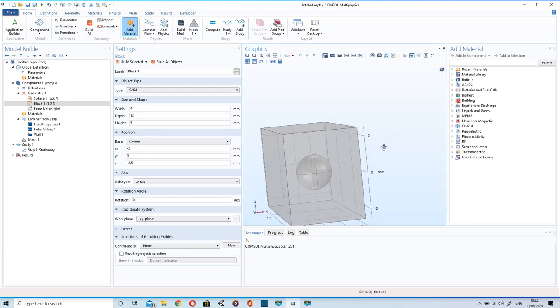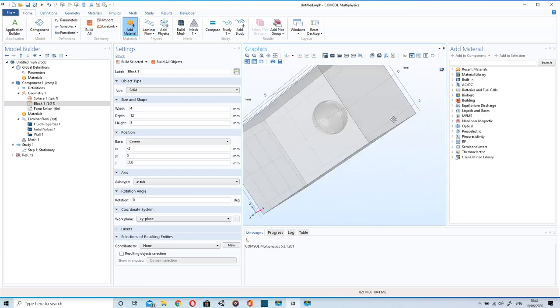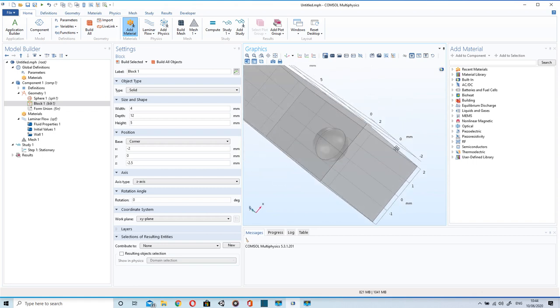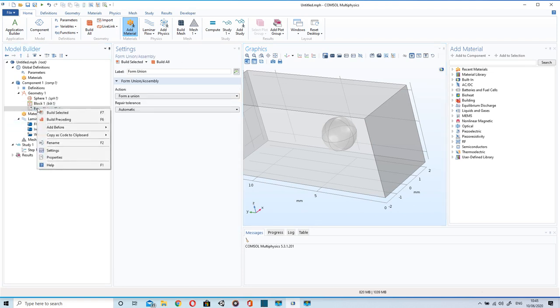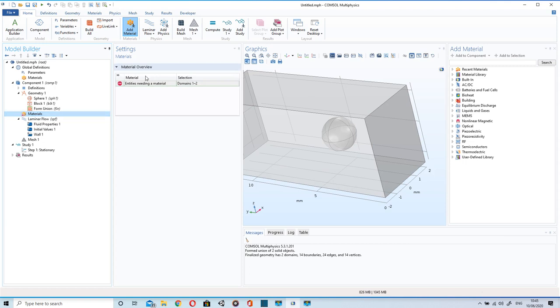Now the box and the sphere are in correct position. The box will mimic air around the sphere. The next step will be to go to form union and build all. The geometry is ready.